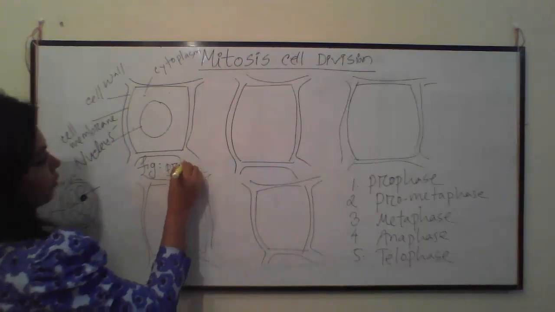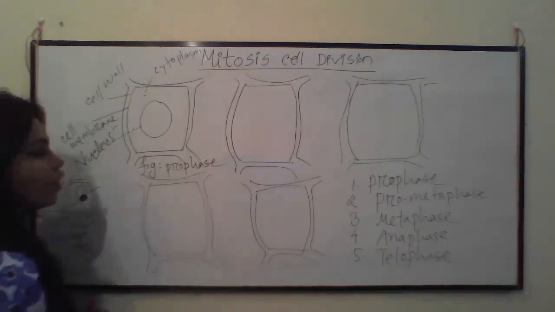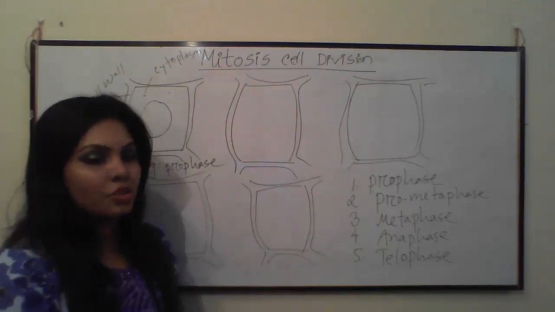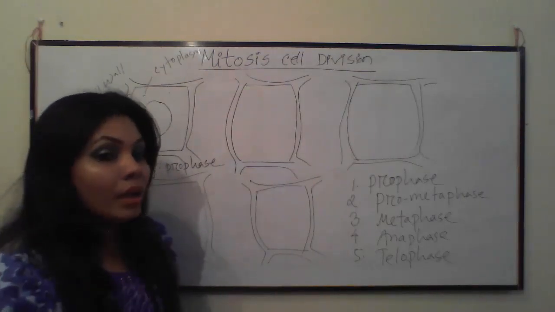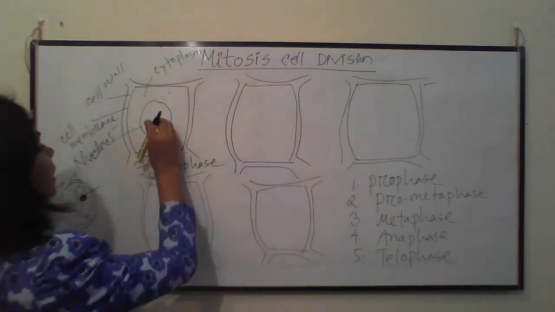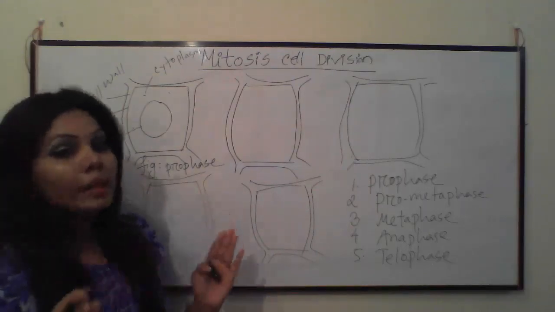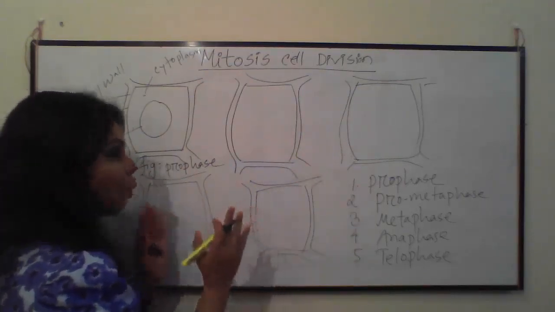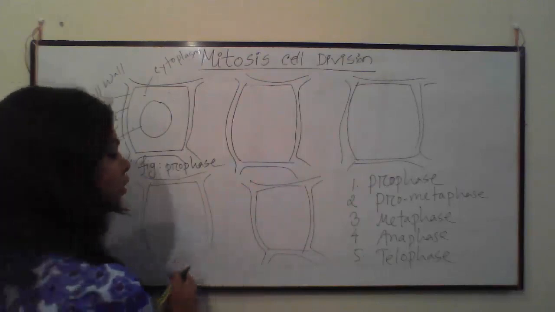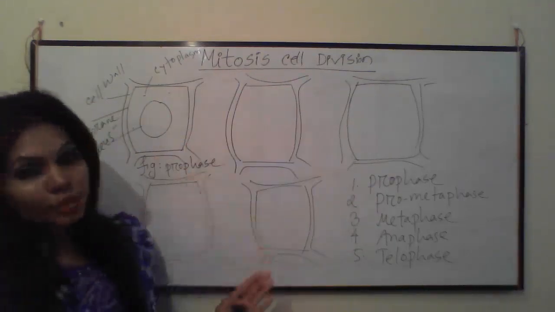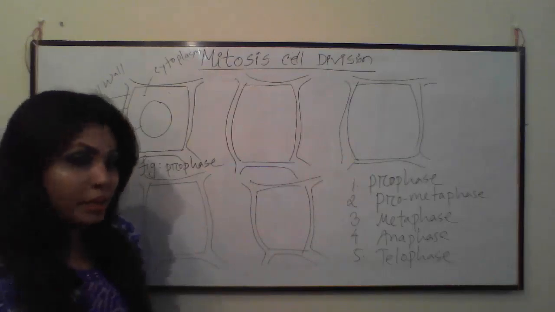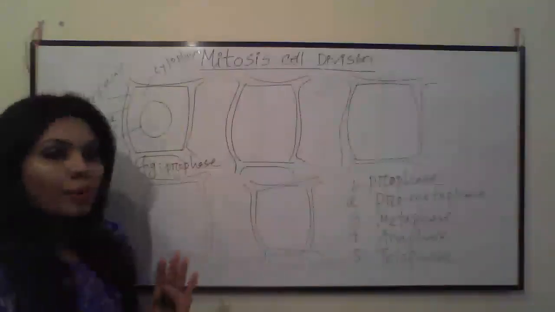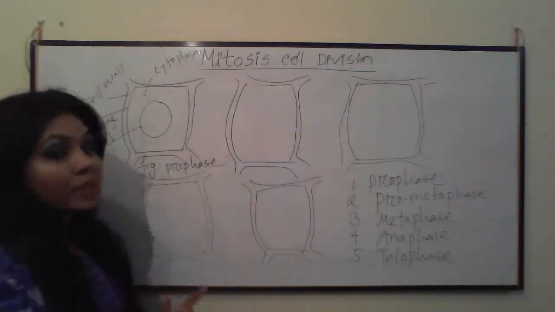This is prophase. This is the longest and the first stage of mitosis cell division, especially of karyokinesis. Here, the nucleus becomes bigger in size. As the space of my whiteboard is short, I cannot write the points of this description. I'm just telling you, you just try to understand. And if you don't understand: prophase, nucleus becomes bigger in size.